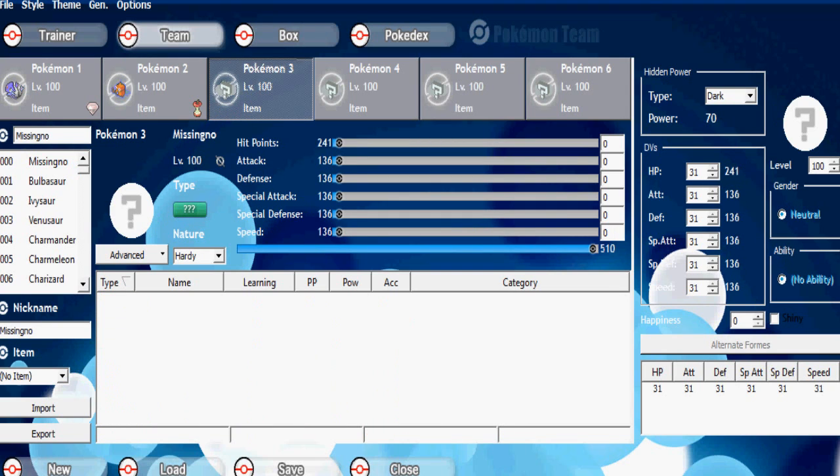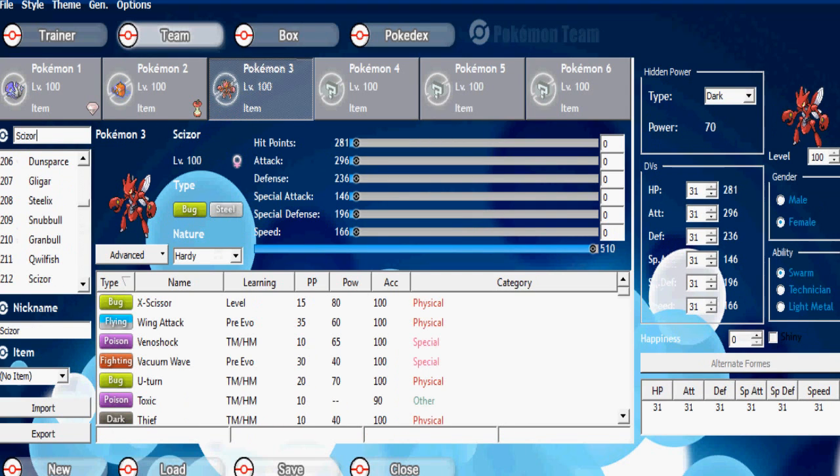And next we're gonna go with Scizor, our U-turner, the common Choice Band set. We're gonna give it 12 EVs to outspeed the common Scizor Choice Band sets. And the rest on attack, max attack, and HP. Obviously, we're gonna go with U-turn, and we want priority. This team specializes in priority,